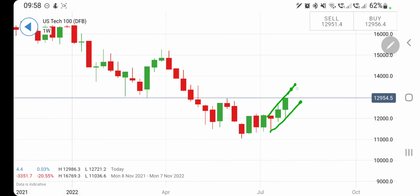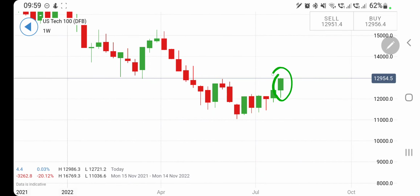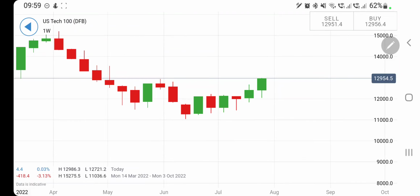So be watchful first at 13,200 and then 13,500 levels. If it breaks past this, definitely one can expect that it is going to hit 14,000 in this month of August itself, and in fact beyond that one can see it coming till towards 15,000. That should be the next target if it continues to trade in this zone. Now look closely at this. It has given a strong bullish close towards the end of this week,